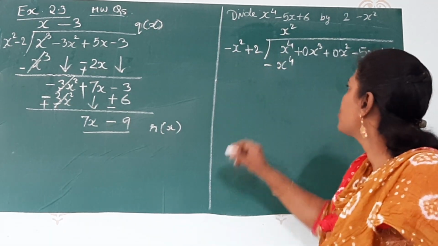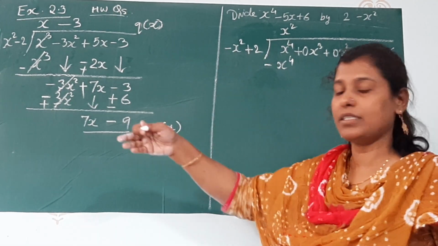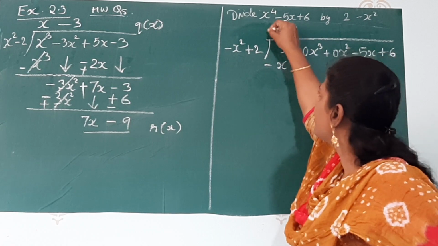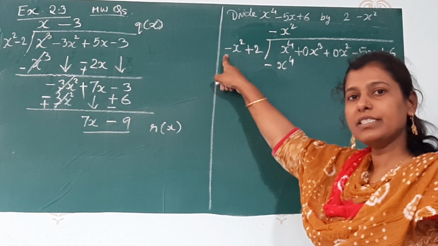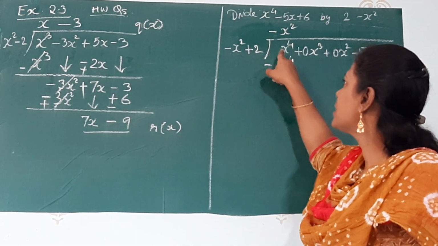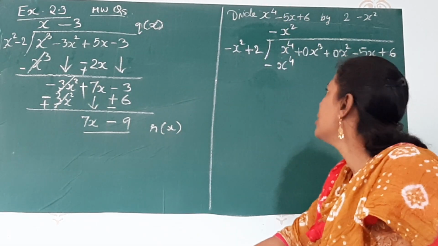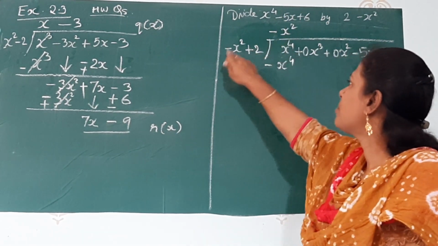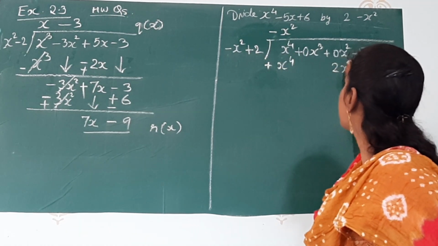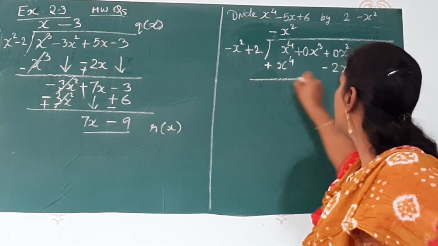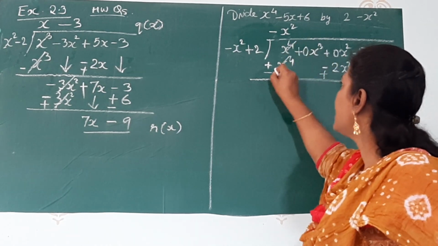And when we are solving, it will become sign change, so it will not be a problem. So I told you we have to take the opposite. Here x power 4 was positive, so we will take it negative. This you have to be careful about when the first term of the divisor is negative. Whatever the sign of the first term, we have to take the opposite in the question. So here the first term is positive, so I will take negative. So minus minus will become plus. X square into 2 is 2x square. Minus plus minus. Now we will change the sign. So it will become minus, this will become plus, this will be eliminated.